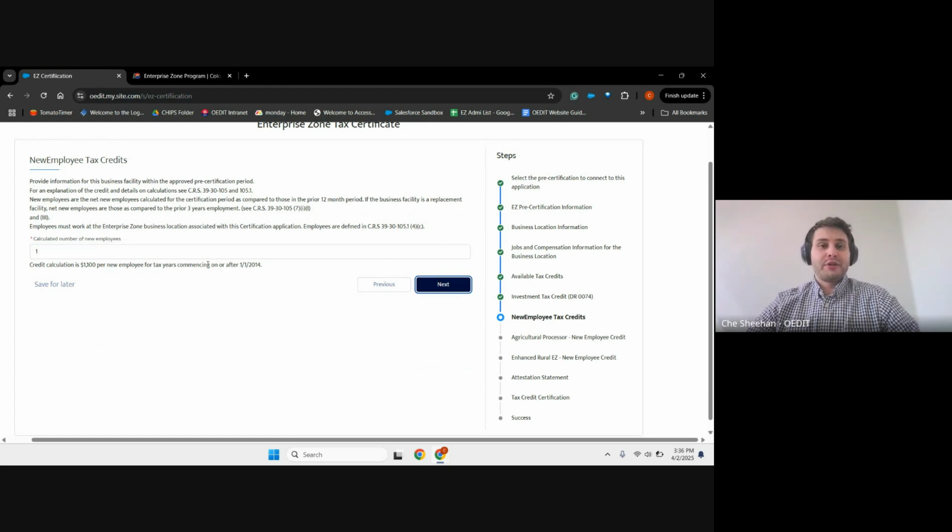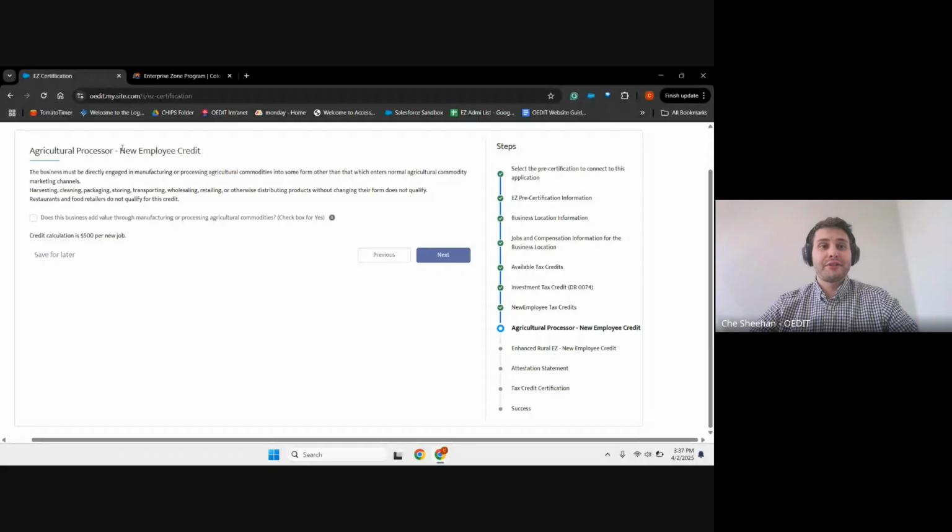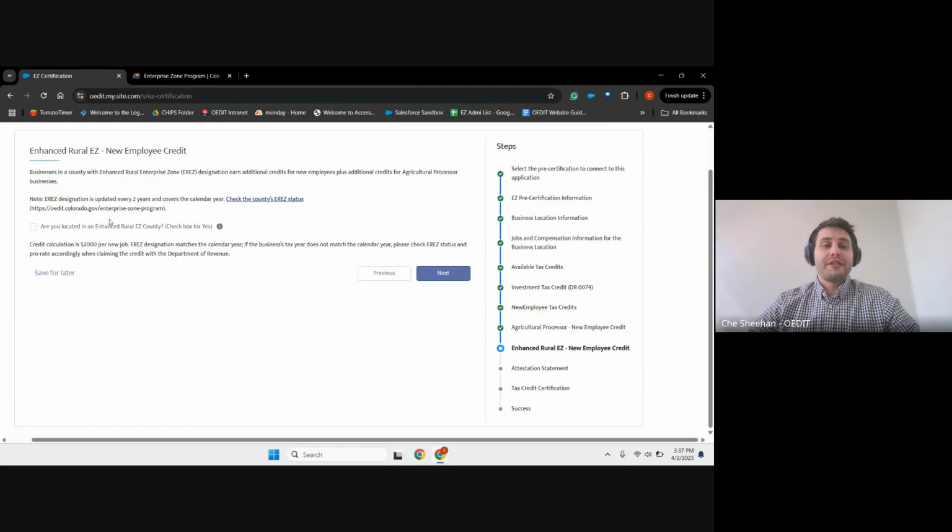The Enterprise Zone program grants a tax credit of $1,100 per net new employee that was added during this time period. There are also additional credits for that same employee depending on whether the business is an agricultural processor. In this case, it was not. And there's also an additional credit if the business was in an enhanced rural enterprise zone.